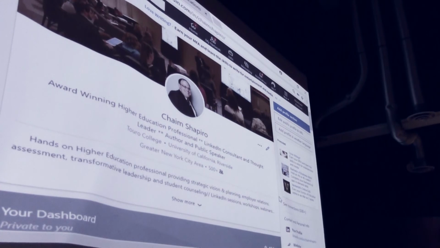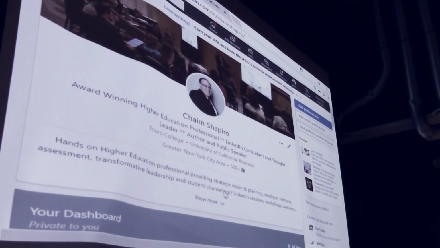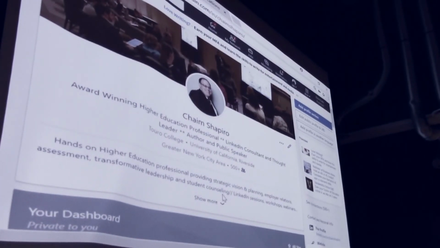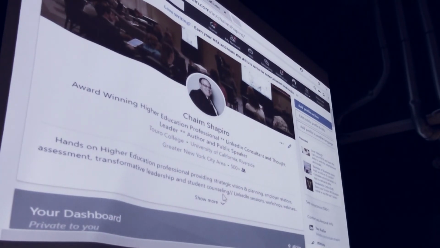Another thing that I think is important to point out is a change here. Right now they lock you into 220 characters in your summary. That's going away. You're going to be able to expand that and include more words in your summary. More importantly,